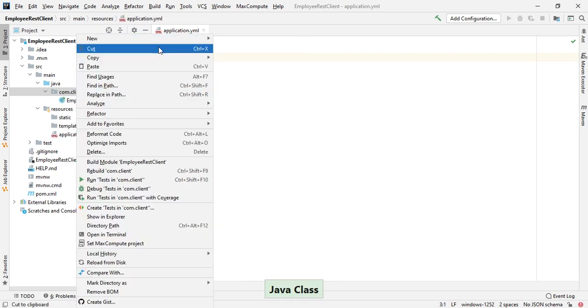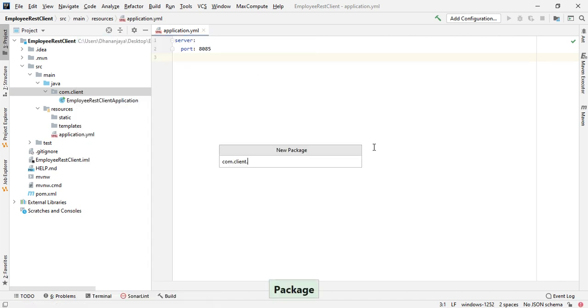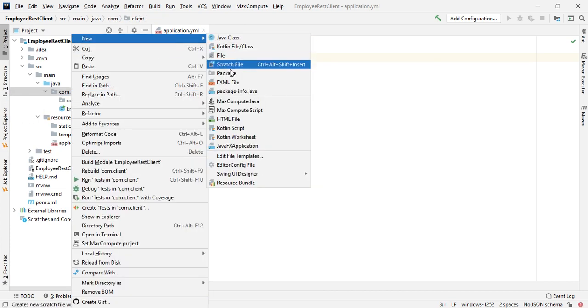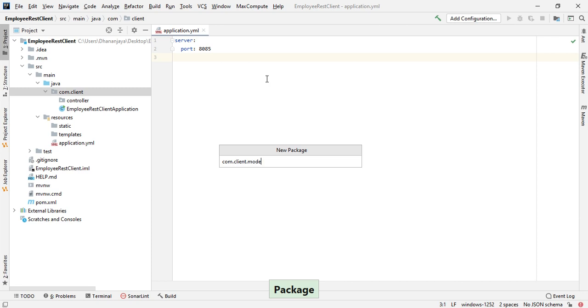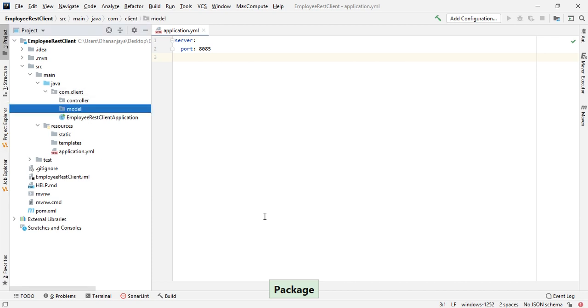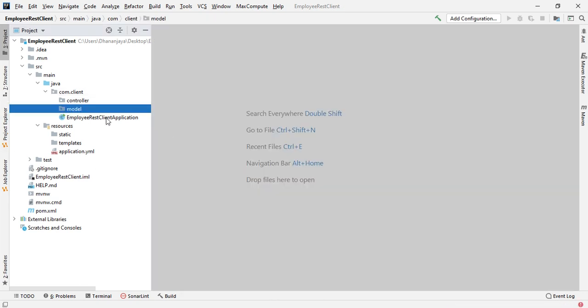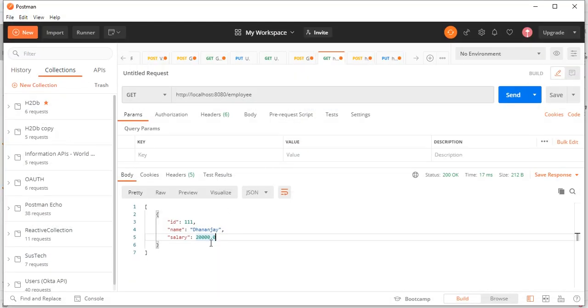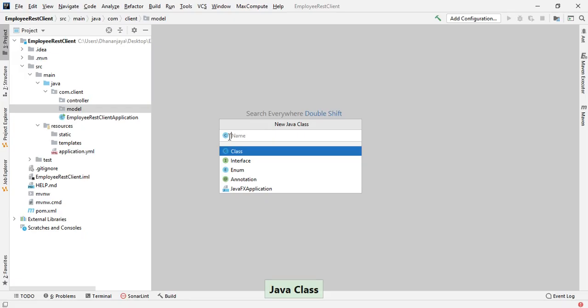Let's say controller. Let me create the model class. So in the model we'll have the same properties: ID, name and salary.